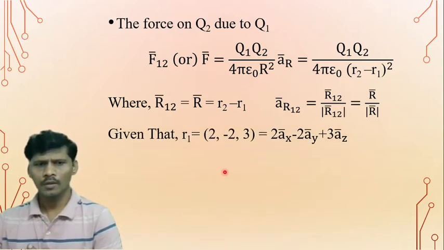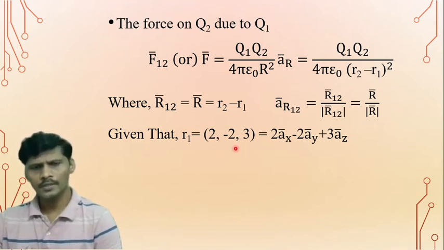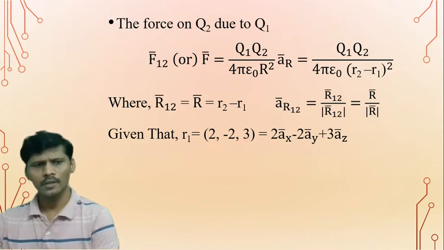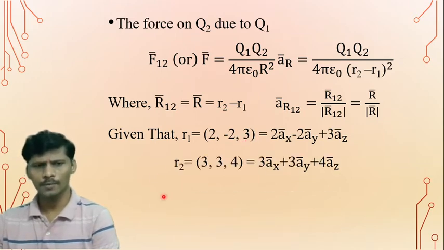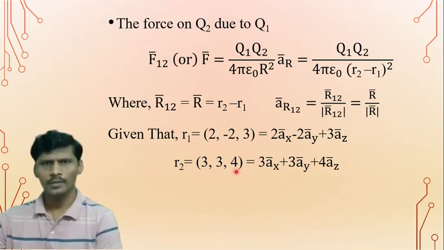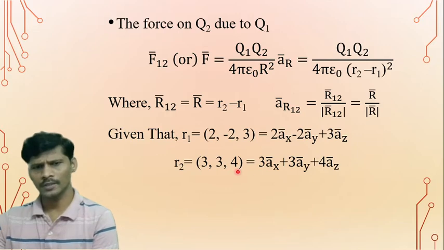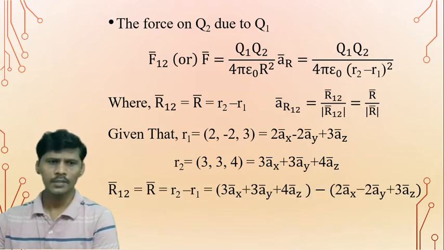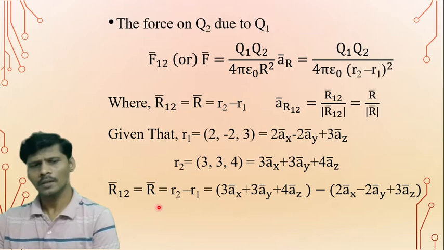So what is the small r1 from the given data 2 comma minus 2 comma 3? That can be represented in terms of unit vectors: 2 ax bar minus 2 ay bar plus 3 az bar. And from the given data, what is the second position vector? Small r2 is equal to 3 comma 3 comma 4. That can be represented in terms of unit vectors: 3 ax bar plus 3 ay bar plus 4 az bar. So therefore, the distance vector r bar or r12 bar is equal to small r2 minus r1